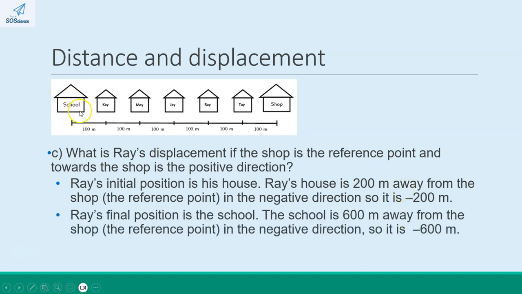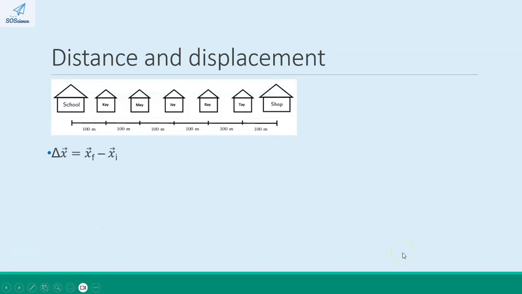Ray's final position is the school. Now again, the shop is the reference point, and the school is 600 meters in the negative direction. So the position of the school is minus 600. So now we plug these values into the formula. So delta x equals xf minus xi, which is minus 600 minus (minus 200), which is minus 600 plus 200,